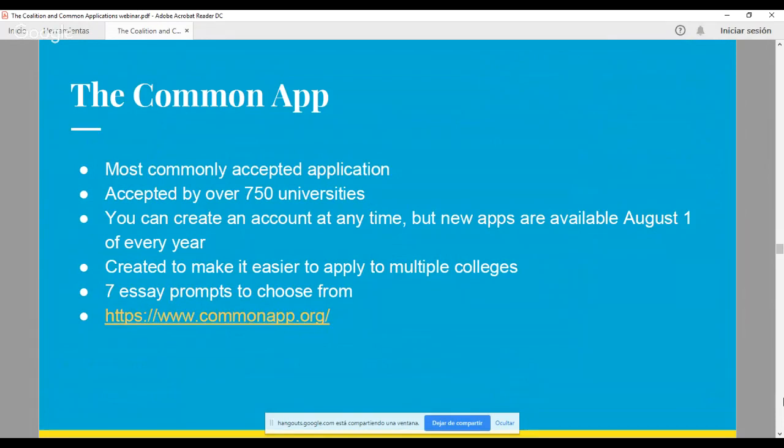The Common Application was created to make it easier to apply to multiple colleges, as before the Common Application, most universities had their own application. So you would need to fill out your personal information and demographic information many, many times for every different school that you were applying to. With the Common Application, you just fill it out once, as with the Coalition Application, and then the website will send that to all of the universities that you choose to apply to. While the Coalition Application offers you 5 essay prompts to choose from, the Common Application offers you 7. And you can make your account at